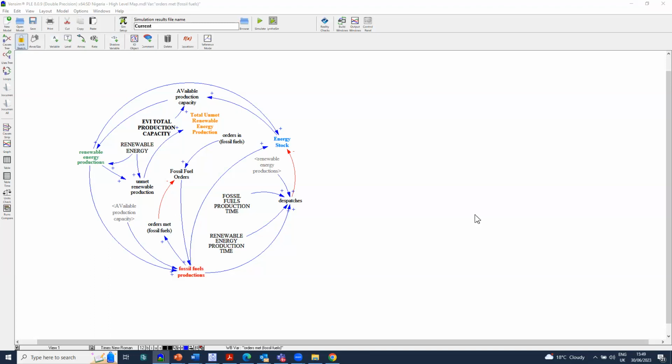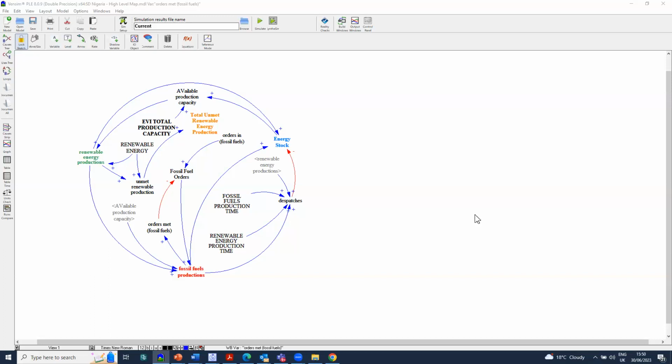It is nice that universities want to recruit many students, but if you don't have the capacity, if you don't have where to put them, what do you do? You get the money in the short term, students complain, and you lose them for many years, and you are penalized for taking too many students. Same thing with this particular problem. It's a good idea to want to fulfill demand with fossil fuel and renewable energy, but our ability to do so also depends on the capacity we have. If our capacity goes down, we will not be able to meet this model. Our capacity, like we said initially, is EVI, the total production.